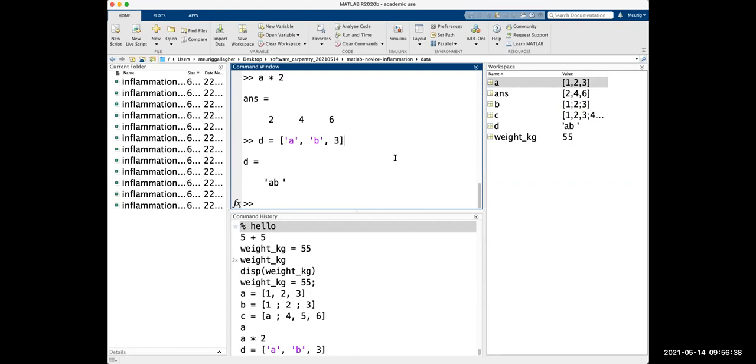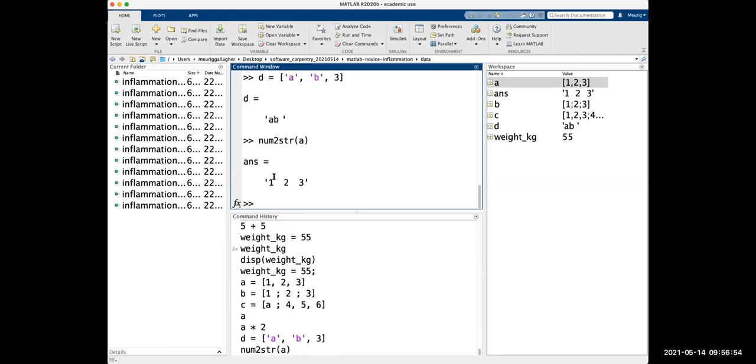So we can use a MATLAB function, num2str, and we can call it in the same way that we called the display function. So we have some parentheses, and then we put our argument in, A, and you see that that's changed it to a string. It looks exactly the same as we had before, except we've got these speech marks either side. So speech marks indicate that this is a string now. So that's converted A from an array of numbers into a string.